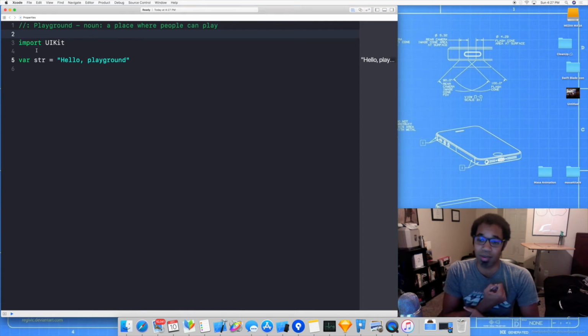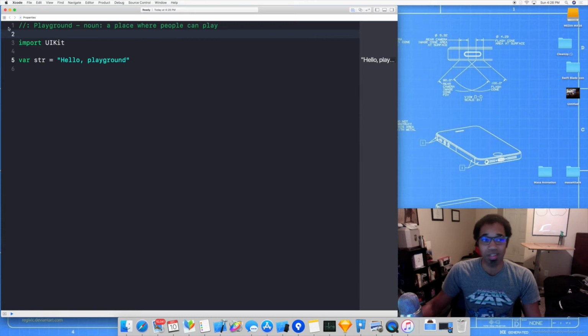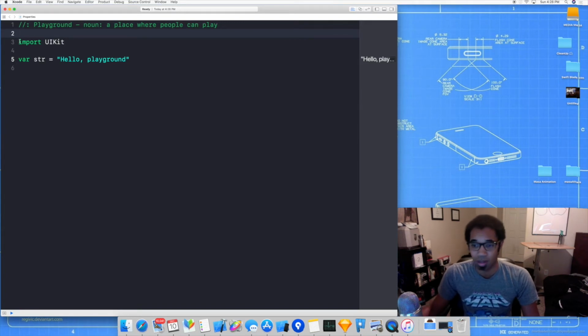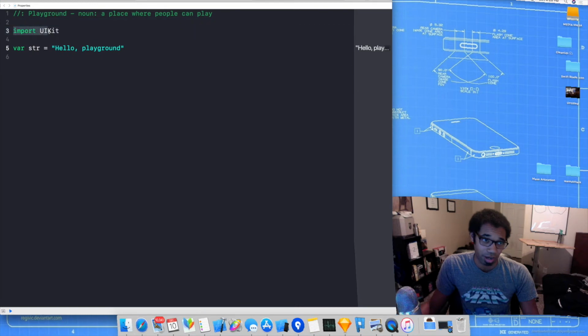They're called frameworks. Apple makes a lot of them that you can take advantage of so that you don't have to write your own code to do some pretty basic things, or some things where it's not necessary to reinvent the wheel. So for example, right now in this project, and most likely your Swift Playground, you will see import UIKit